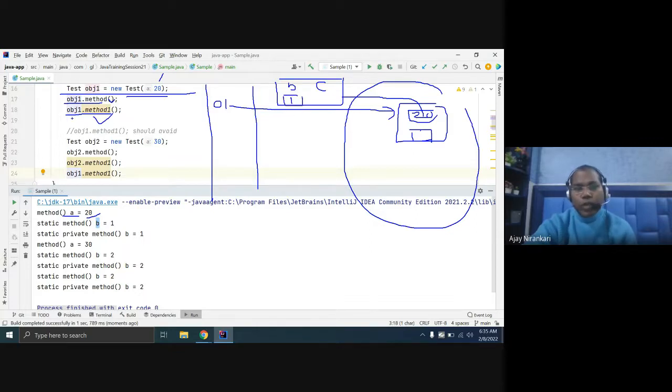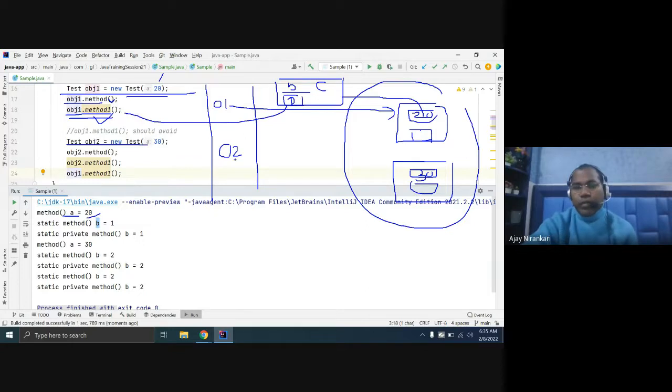So whenever you call method 1, it returns the static value. Again you create object 2. In the constructor, first the two memory locations a and a2 are created. Here you say a equal to 30, and in the same constructor you increment b equal to b plus 1, so b becomes 2.